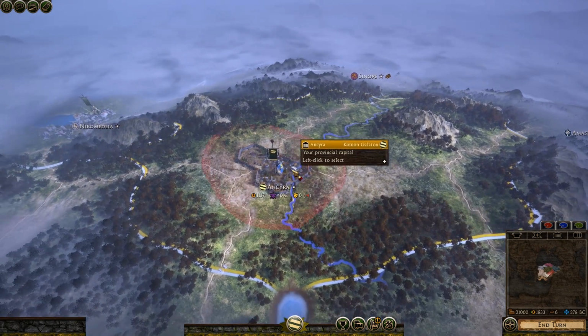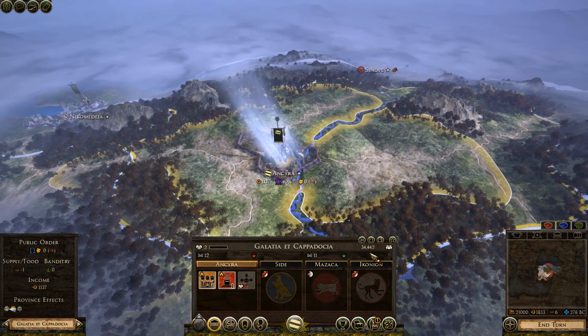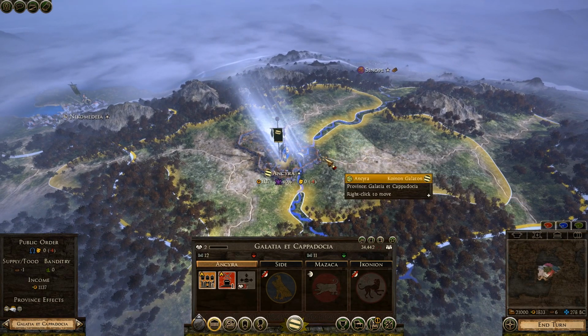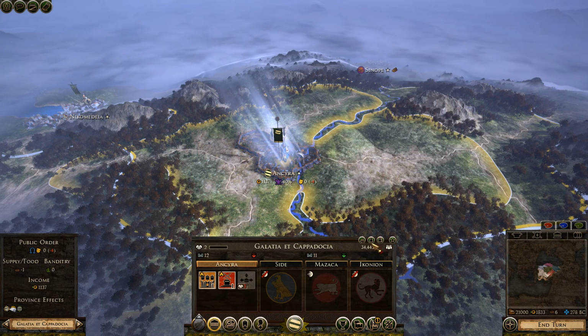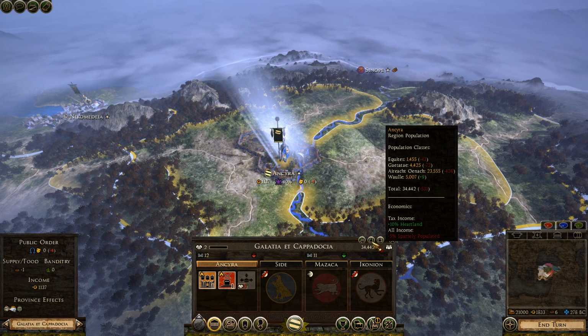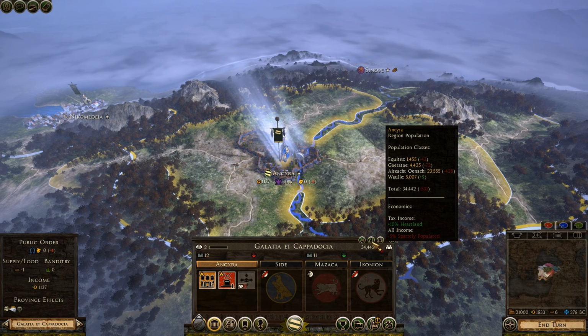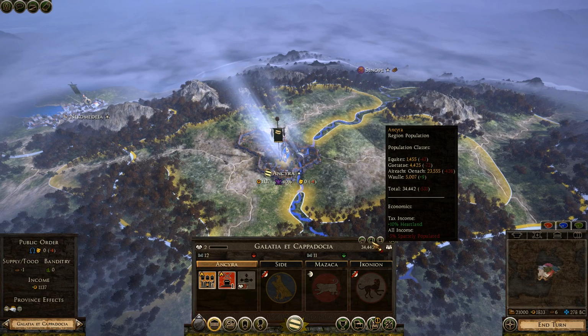Next thing, population. City of Ankara is pretty small. You have 34,000, which isn't a massive amount. It's not terrible, but this is a capital of a province, so it's expected to be higher. Here's your different social classes and whatnot, population classes, if you will. You do have a decent mixture. Your elites are very minimal though, only at 1,400, and your Gaisate social class, your tier 2s, are only at